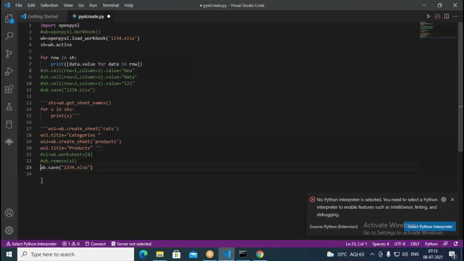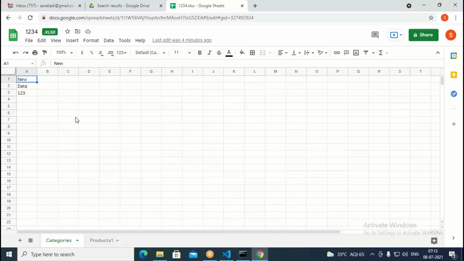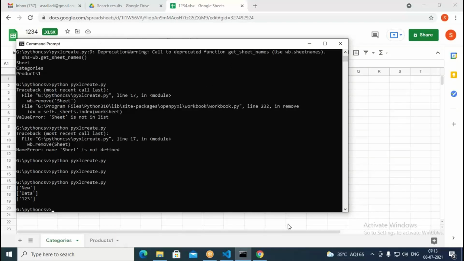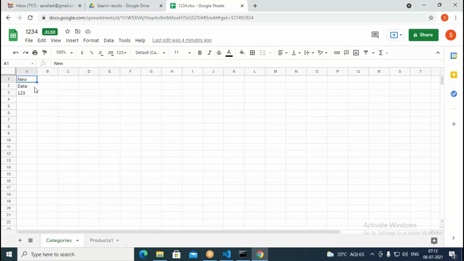Now at the end, this time we don't require any saving mechanism, since the file is not updated. Now we run, and it should print the data from the Excel book we have. New, data and 1, 2, 3 must get printed when we run this. It's saying new data and 1, 2, 3 because it has a total of 3 rows. In the 3 rows, how many columns of data do we have? Only 1 column. New is available, data is available, 1, 2, 3 is available.